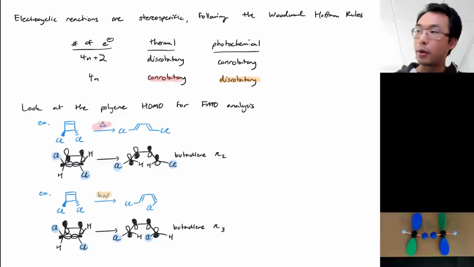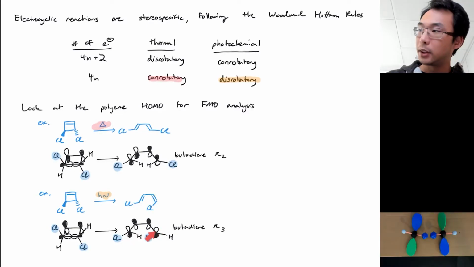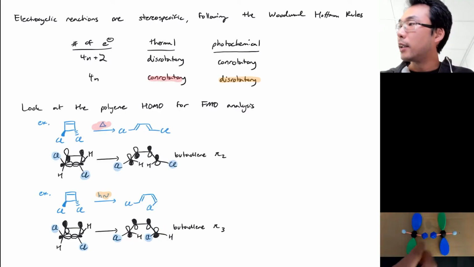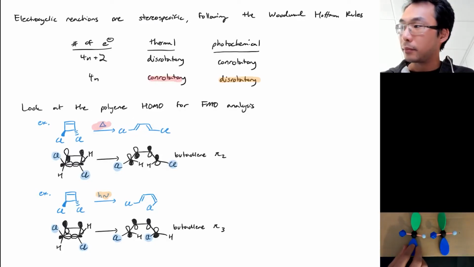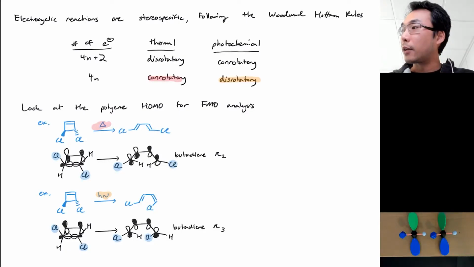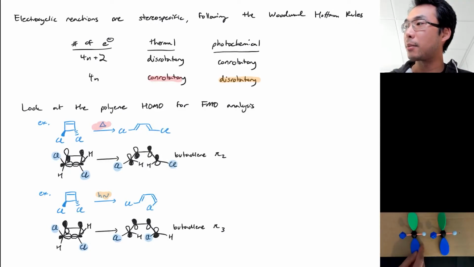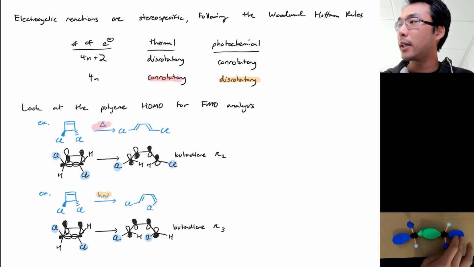So if we're looking at our molecule, so I'm looking at our pi system here, what we see is that those ends should be aligned. So maybe let me set up my molecule correctly here. So really we're in this type of an arrangement in my physical model. And now if you're looking at it, if I want to mix my ends in a way that gets the like phases together, then I have to do it with opposite rotations. So if the left carbon is going clockwise, the right carbon has to go counterclockwise in order to form that